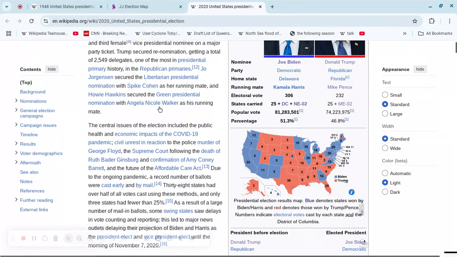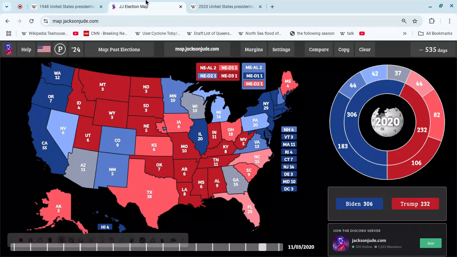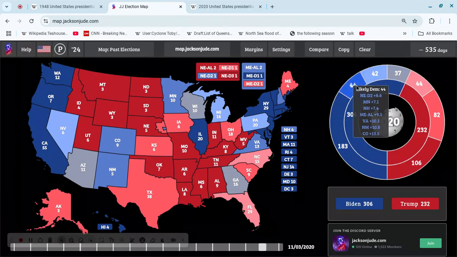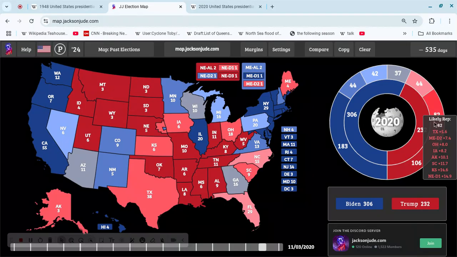And for those unaware, in 2020, Biden won the popular vote by 4.5%. But as you can see, the tipping point state was 0.6% to force it into the House and just 1.2% to give Trump the outright victory. As all these swing states wound up voting to the left of the nation, and a lot of that also came down to, again, Democrats winning a lot of states by solid, reliable margins that led to a lot of wasted votes. And you didn't really have too many competitive states in this election, whereas Republicans had their base, but you had a lot more competitive states on their side as compared to other years.